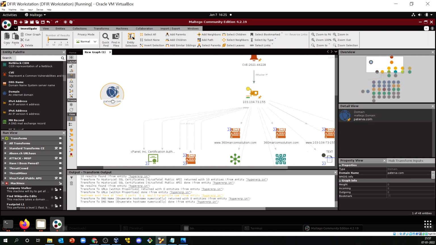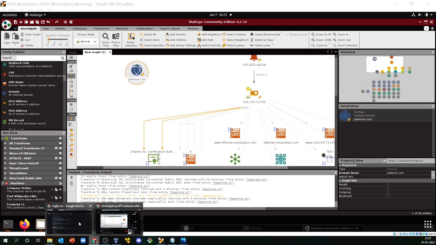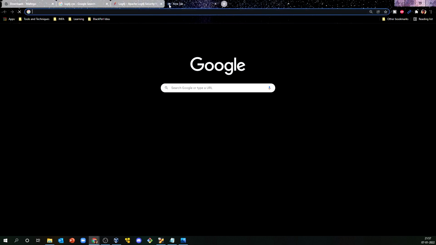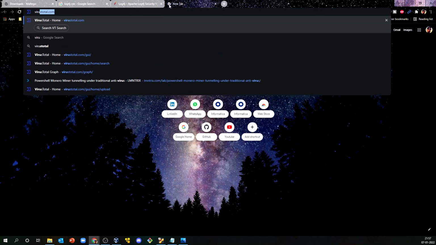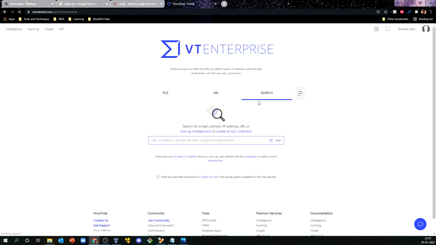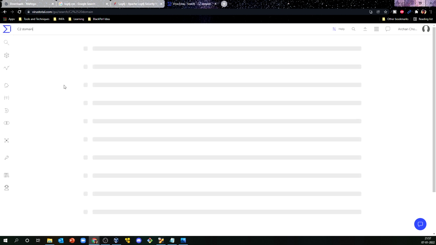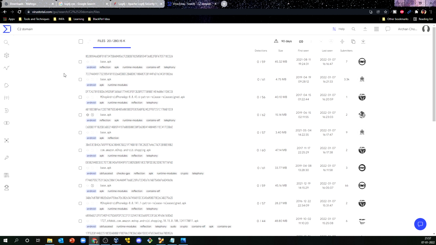Now say you identify, while doing your malware investigation or about log4j or anything, that doesn't really matter, you might have identified one malware domain or one C2 domain. Okay, let's do one thing. Let's take up a quick malware domain and run some searches, C2 domain, just to check what other information we can pull out from Maltego.